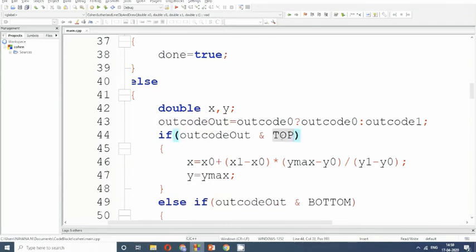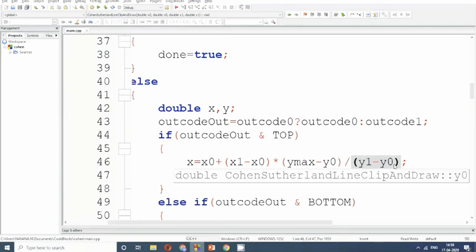So I have taken my outcode 0 and I'll AND it with the top region, and see if it is in the top region. If it is in the top region, I will calculate the intersection point with Ymax. These two parameters are the slope parameters.